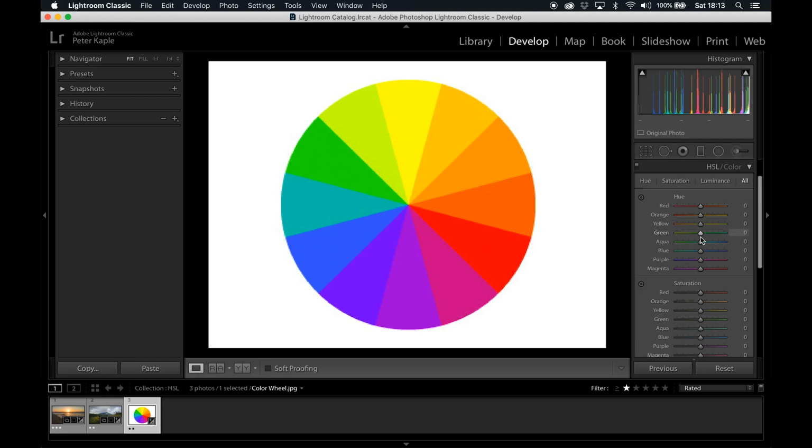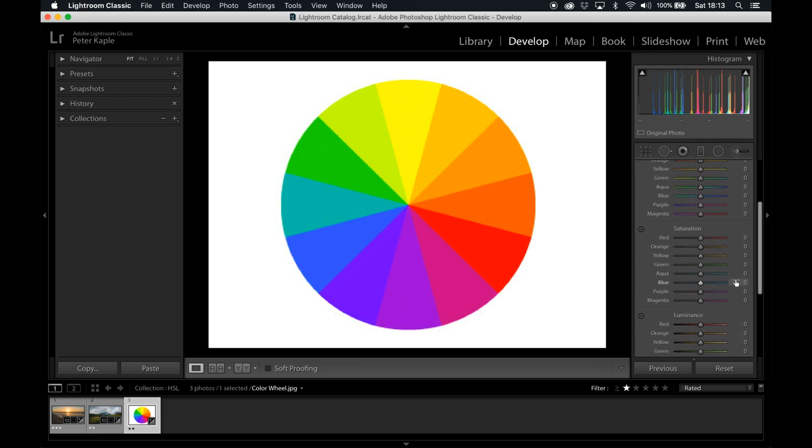So let's take blue for example. If we look on our color spectrum in the blue area as we adjust the slider, if we move it right, we can actually move it towards purple. And if we move it left, we can get more of an aqua color out of it. And if we double click, it'll center it back at 0.